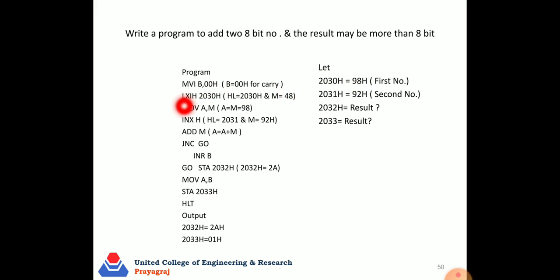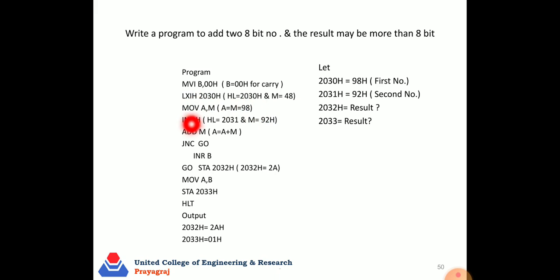So if we initialize LXI H, 2030, the HL pair should be 2030 and the memory there is 98. If you change this data, the memory will also change, because we are only initializing the HL pair in this instruction.